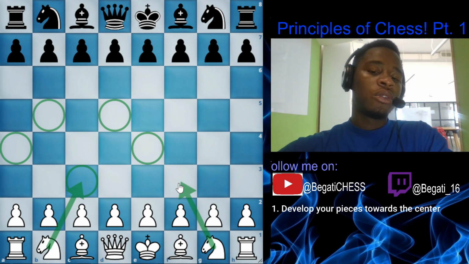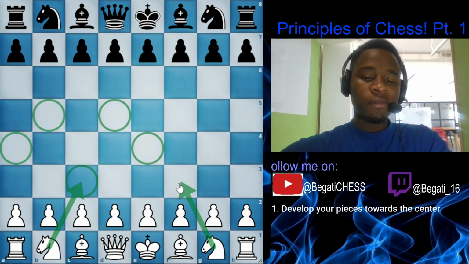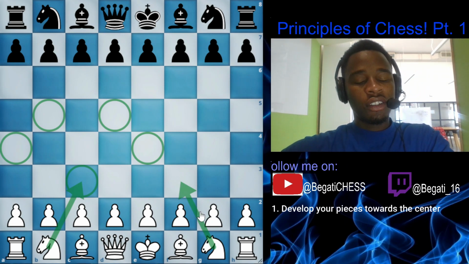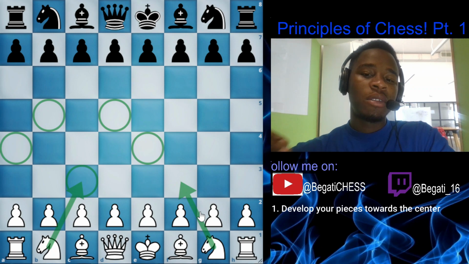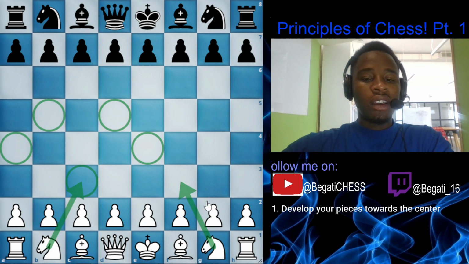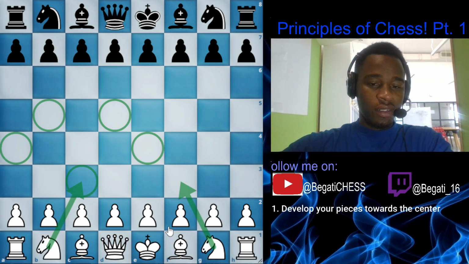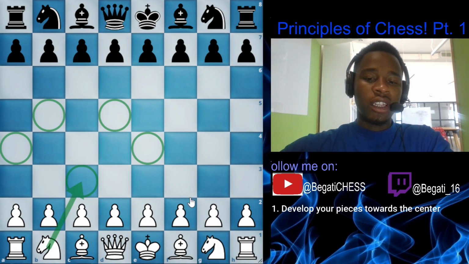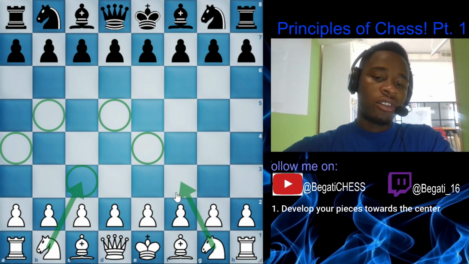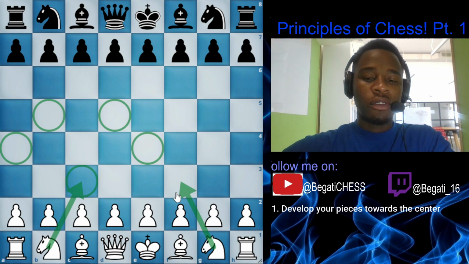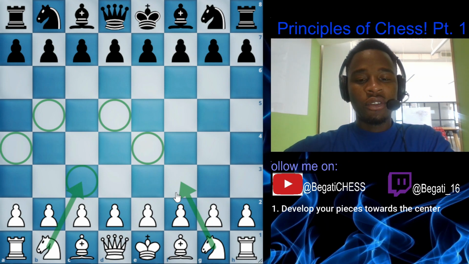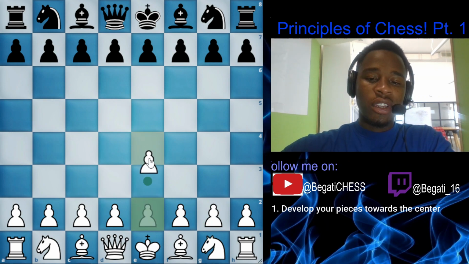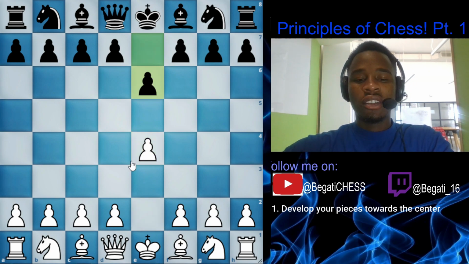And you also know that the knight is a short range piece. It can't really move very far from where it is, unlike the bishop and the rook and the queen. So you want to always move your knight to the place on the board where there is a lot of activity going on. So let's say white plays this, and let me just play something that does not attack the center with black,